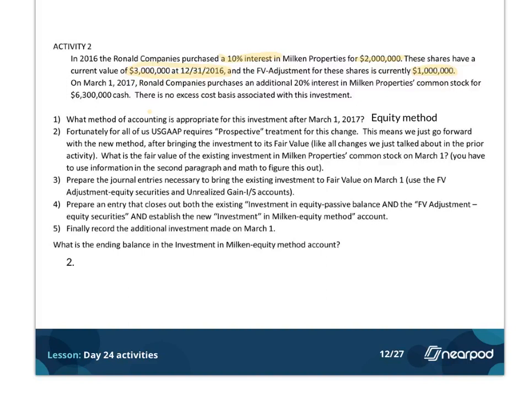So I could say, all right, $6.3 million is 20% of the 100%, or 20% of X, I'm just going to call it, okay, make it an algebra problem, where X is the value of the whole company. All right? So then if I solve for X,